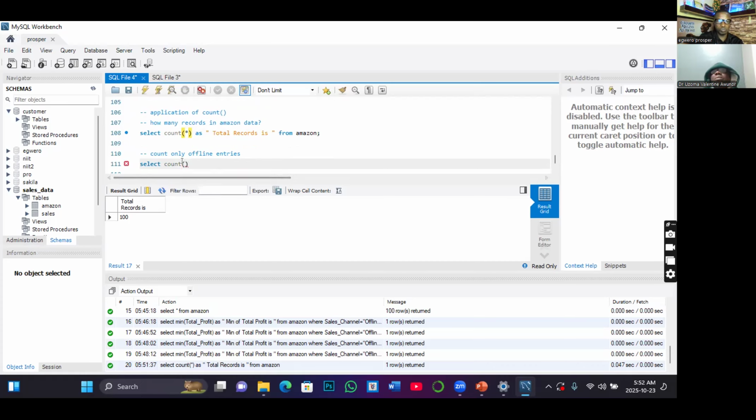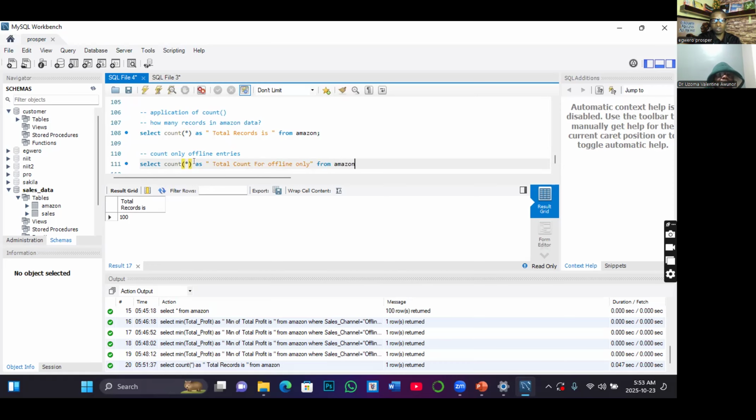You will still put the asterisk here. Then I'll say as the description should be total counts for offline only. Then from the Amazon table,